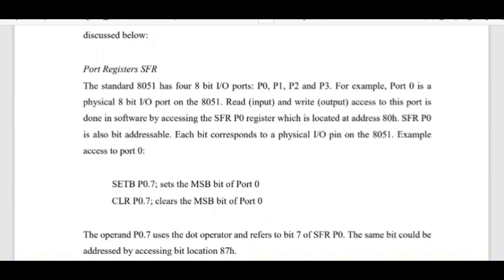So we can read input and write output. Access to this port is done in software by accessing the SFR P0 register, which is located at address 80H. We can use special software tools to open and close that door, port 0, by using a special key, the SFR P0 register, that's hidden in a special place, address 80H. SFR P0 is also bit addressable. That special key,